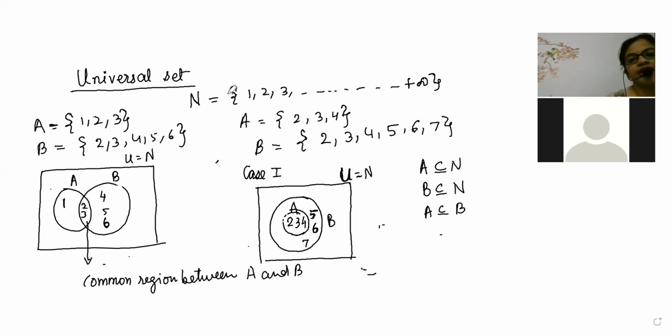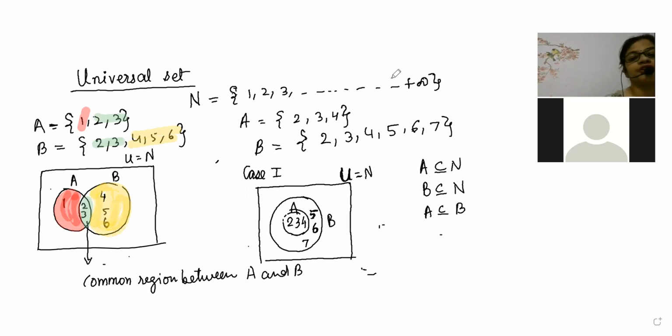Now for your understanding, I'm generating a color graph. Look here. So here 1 is there, which is only in A. So this region will be the region where only A elements will be there. Only A. Now 2, 3 is exactly the common element. So this region will be sharing common elements. Now beta, whichever element is not present in A will be exactly in the B region. So this region is called only B.